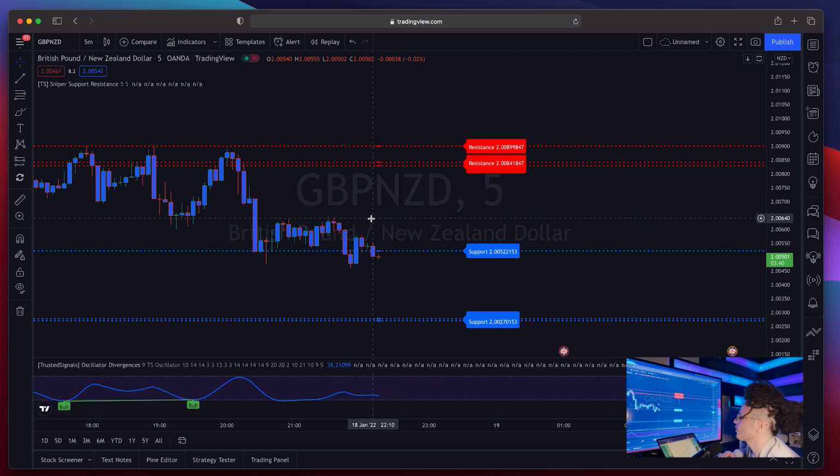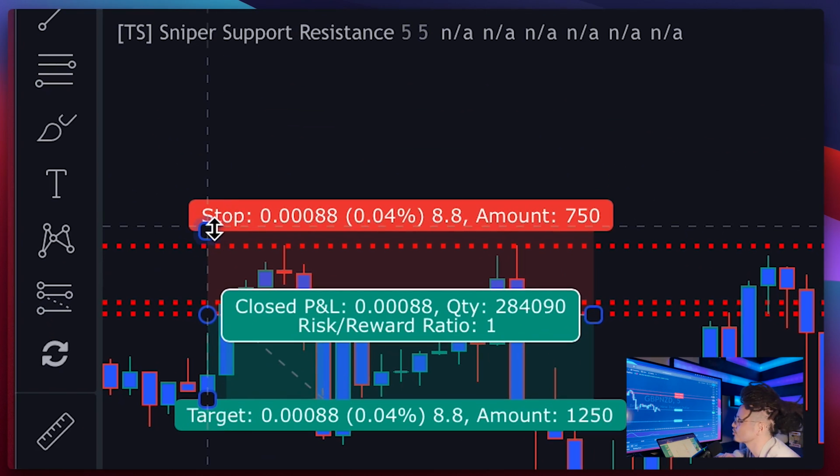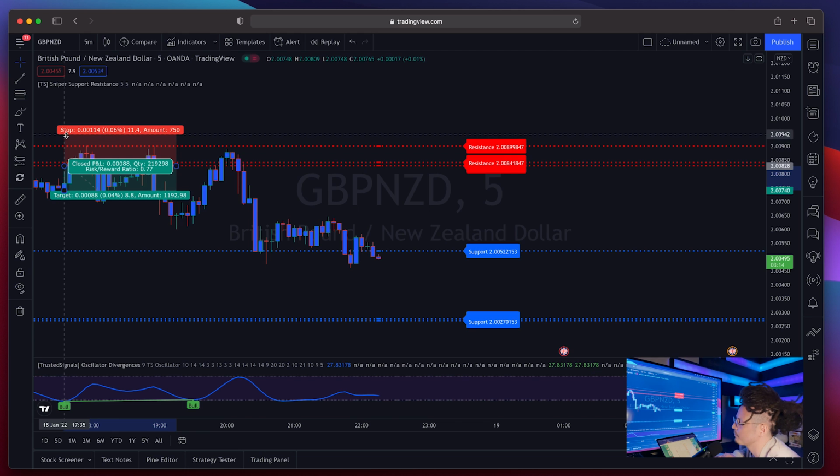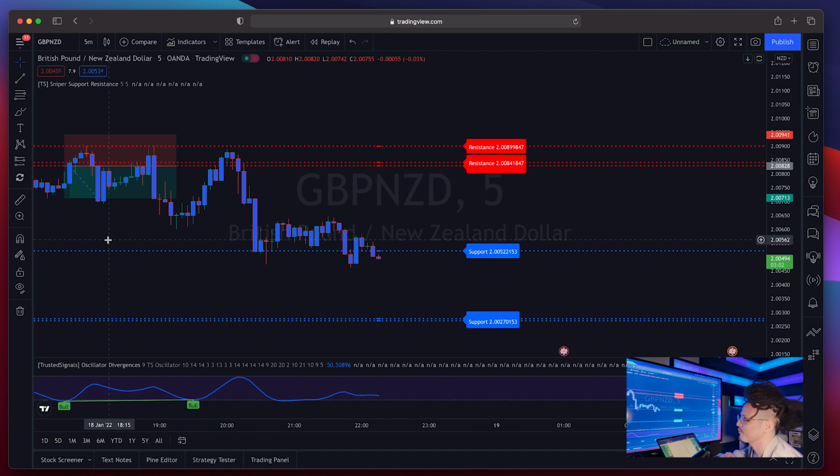All right, here we are on the 5 minute with the sniper support and resistance still on GN. I want to go over these short opportunities that came in spot on. Right here, risking 1% of your account, entering at the sniper support and resistance short, putting your stop loss right before the third resistance line, and going in for a 1-to-1 ratio. Now that we have our 1-to-1 ratio, you could see that take profit was absolutely smashed, but we did witness